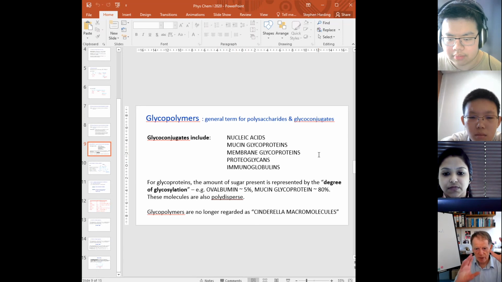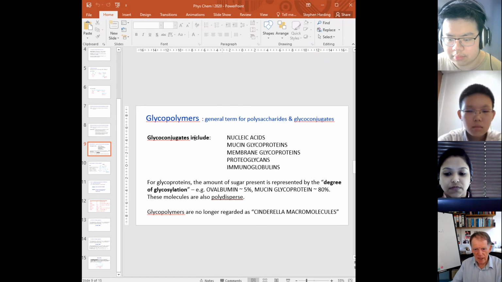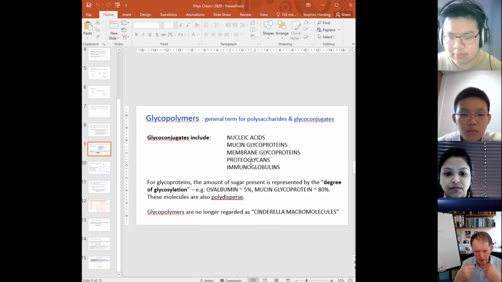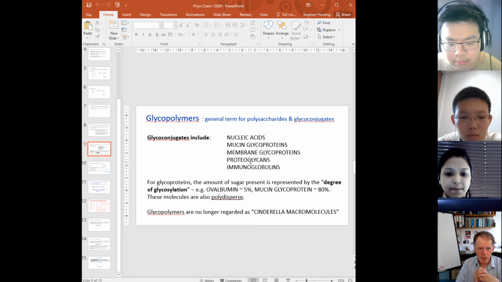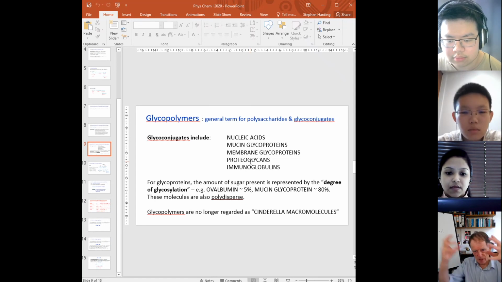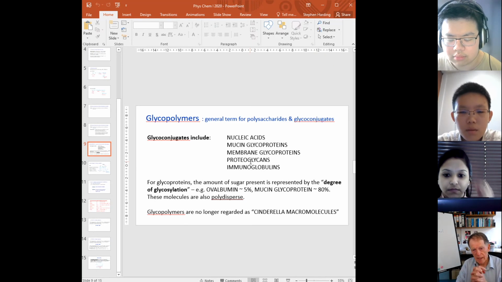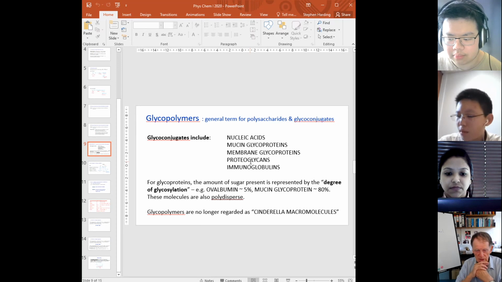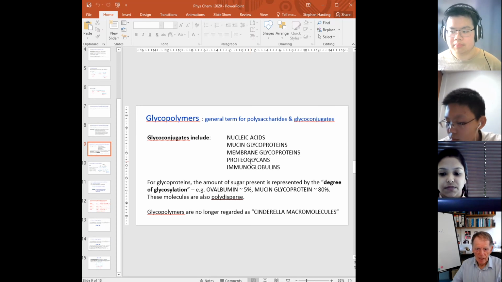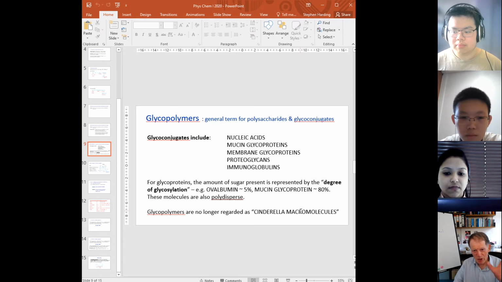There are membrane glycoproteins, which can be important in molecular recognition and signaling phenomena. Proteoglycans form part of connective tissue, complexes of polysaccharide and protein. And immunoglobulins, antibody molecules, are also glycoproteins because they're protein with sugar attached. So sugar plays a very important role in biology and in life, not just by itself, but when it's conjugated to other molecules. And we represent this amount of sugar on a molecule, which is covalently attached, by what's called